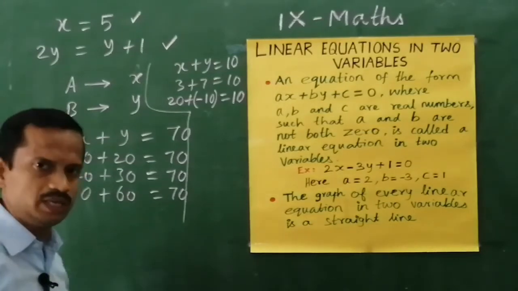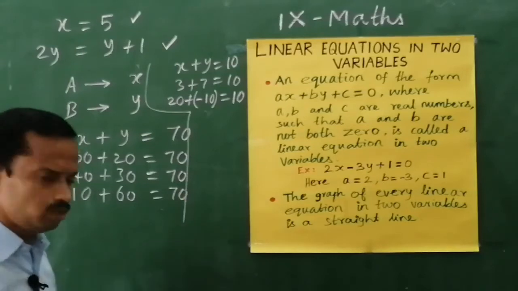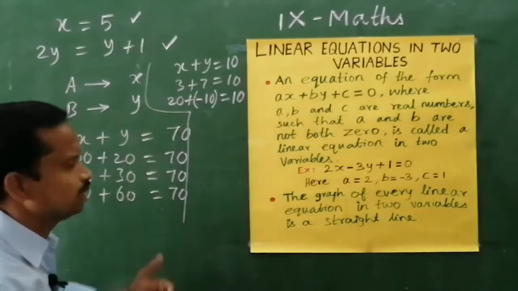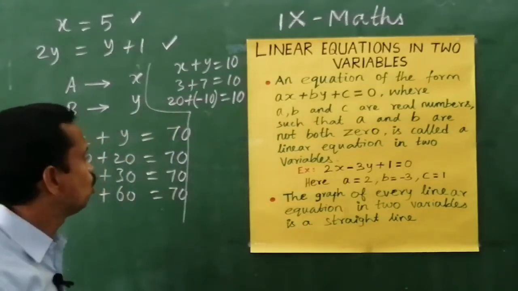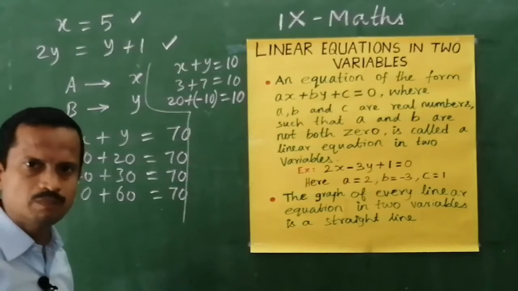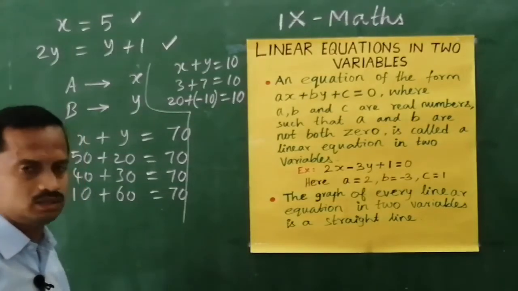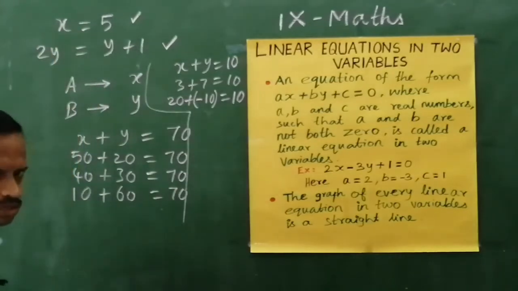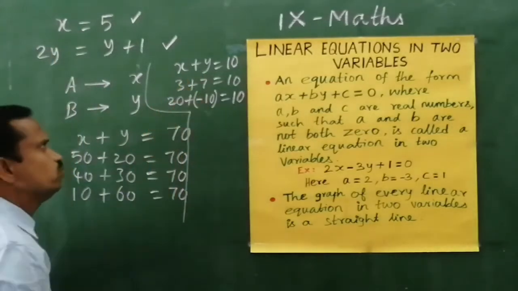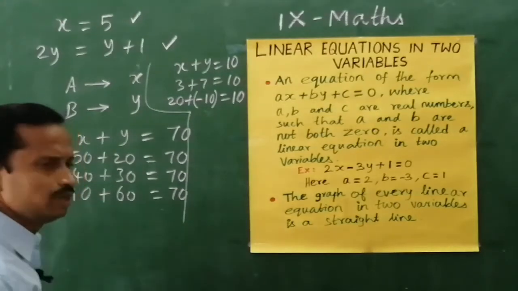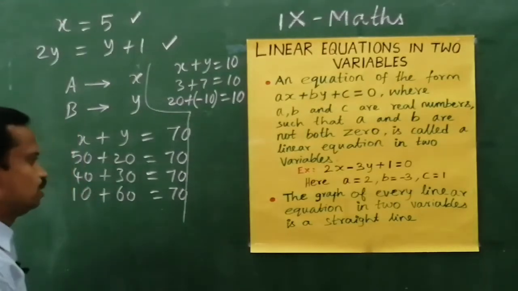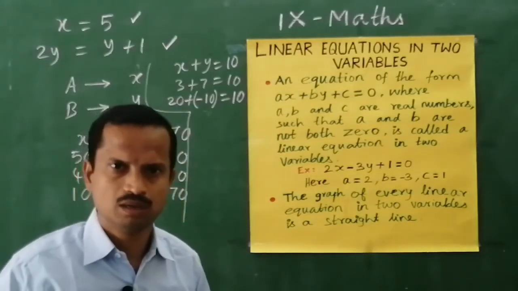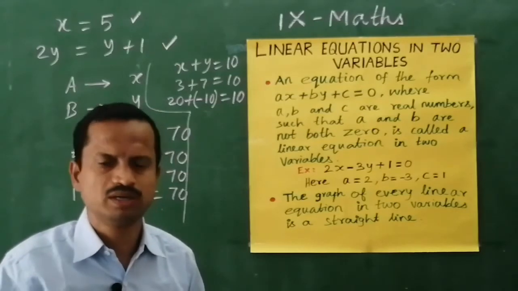So, simply we can say a linear equation in two variables has infinite solutions. More than this we can give the solution for x and y. So, a linear equation in two variables has infinite solutions, but in one variable there is a unique solution, x equals 5, that is all. But in two variables we can have many solutions, and then we will move to the exercise part, and before that the summary part is there. So, some points we have to discuss.